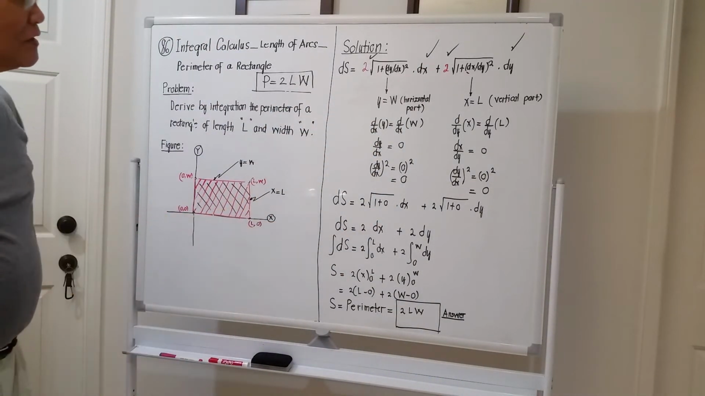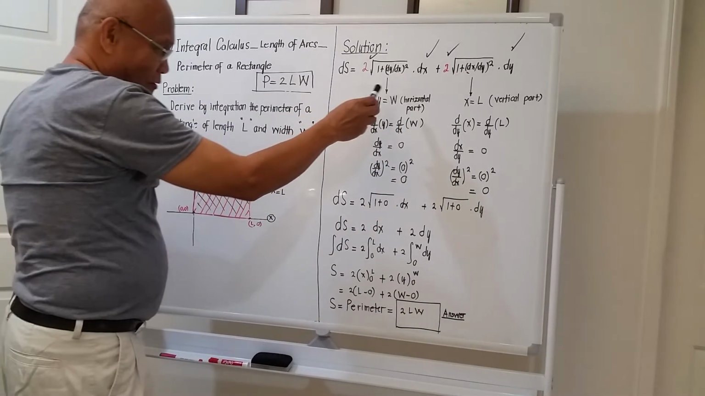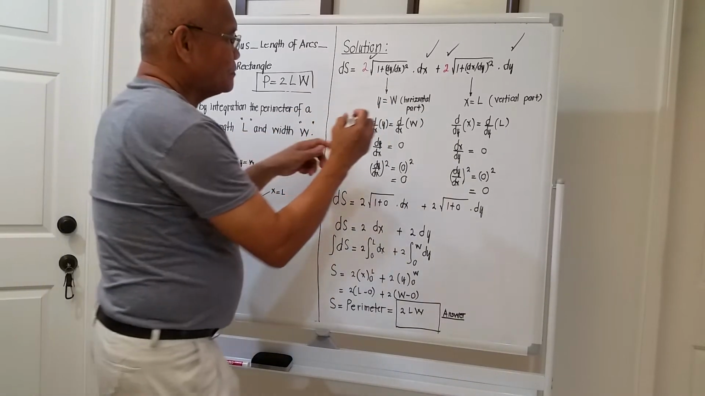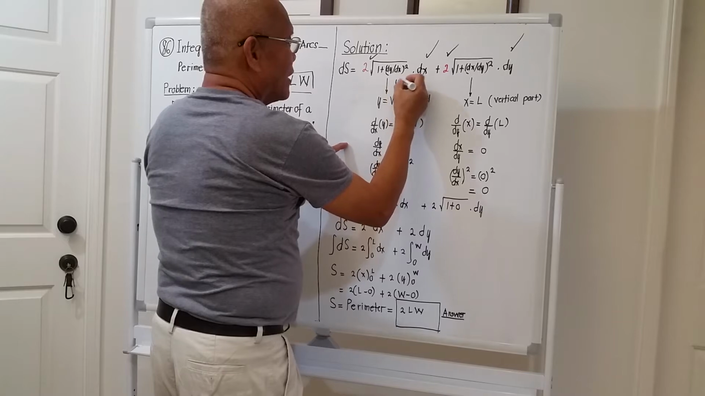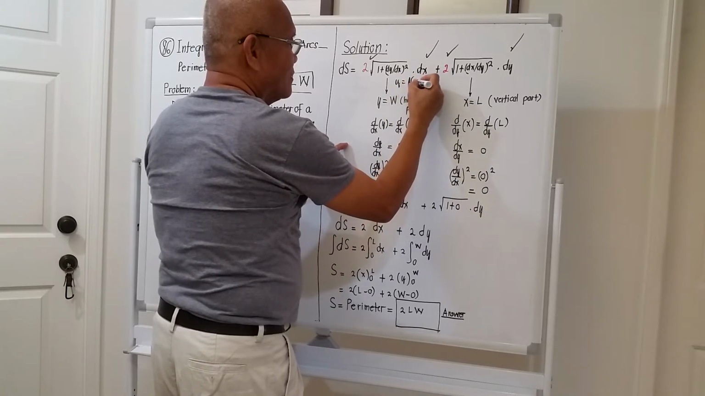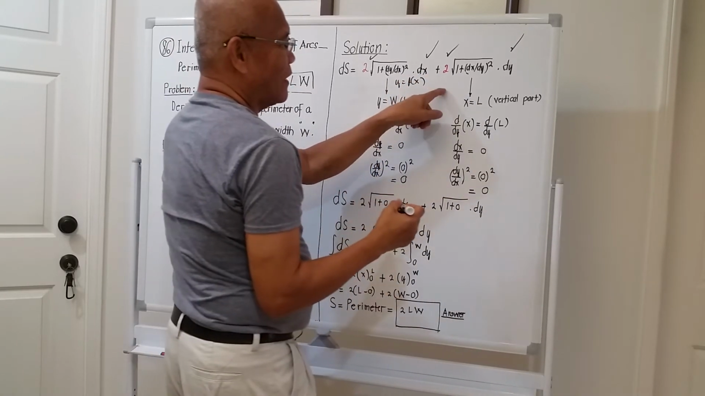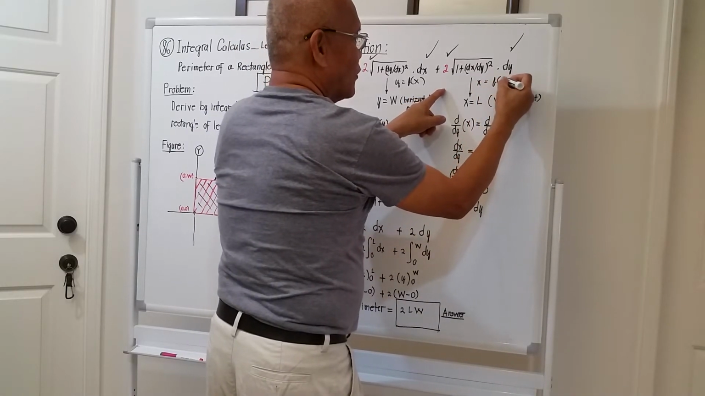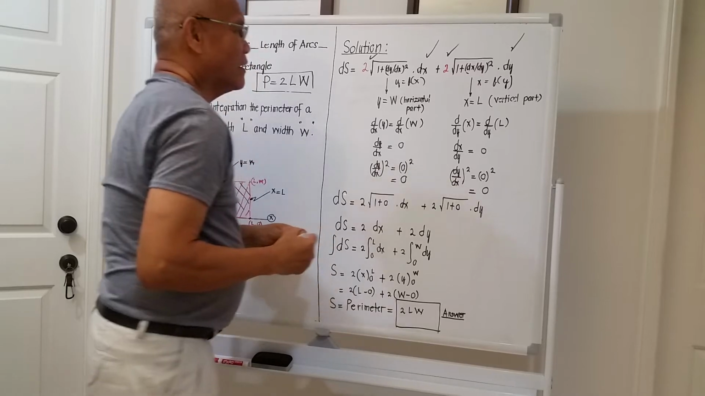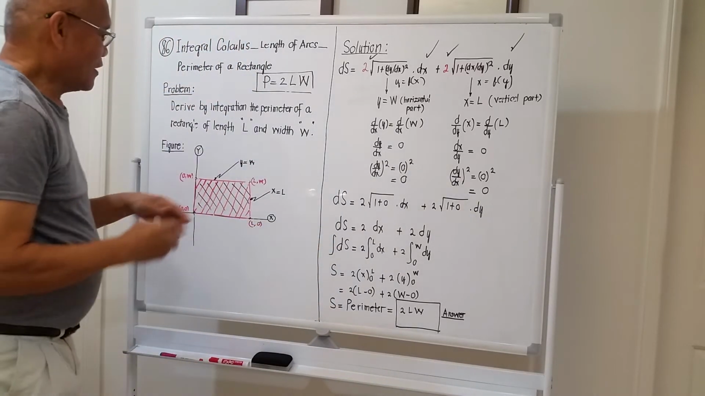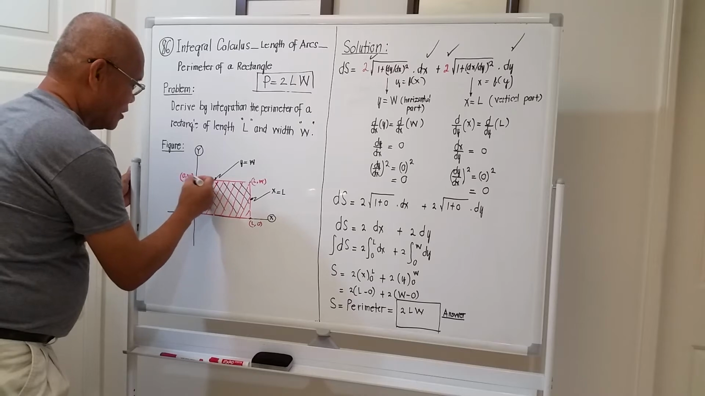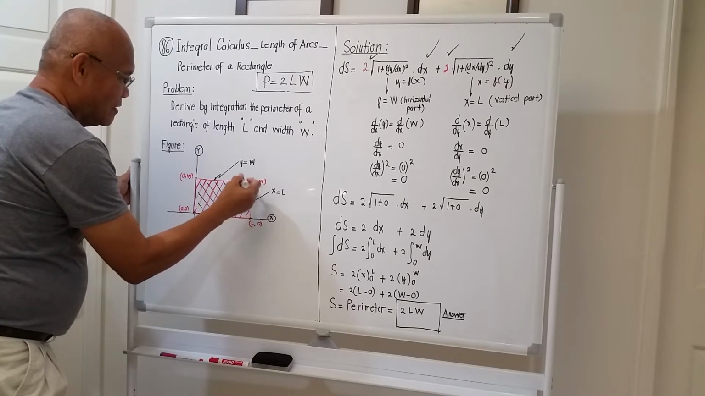Okay, it's not magic. For the first, the horizontal distance, what we need should be y equal to a function of x. For the vertical distance, what we need will be x as a function of y. But if we try to get the equation of this line here, this one, okay, the equation is